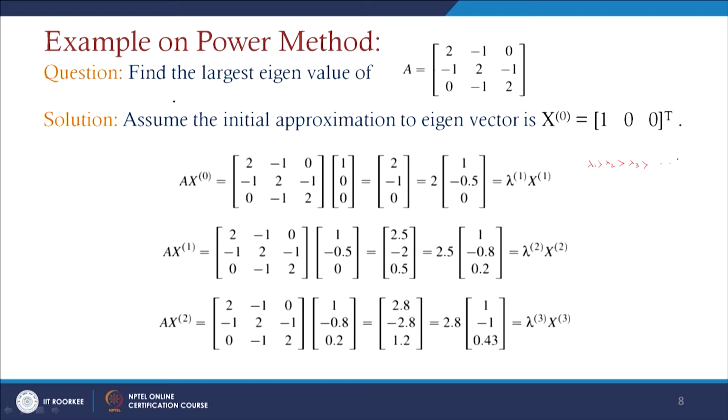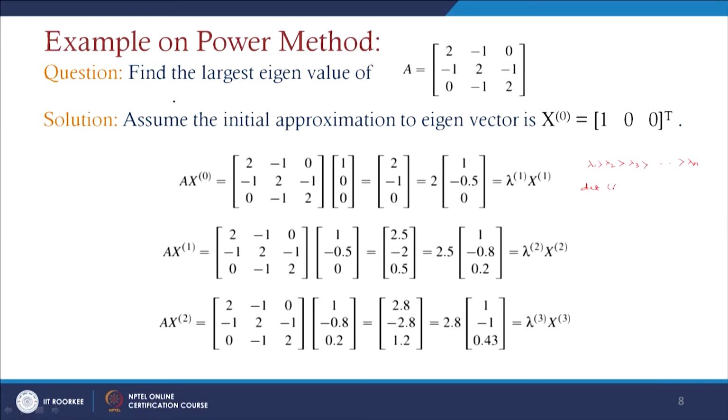So, that is the way we will have to consider here. Whenever we find the eigenvalues, if we write it in determinant form, that is the determinant of A minus lambda I equals 0, then if A is an n by n matrix, this will represent a polynomial of degree n.